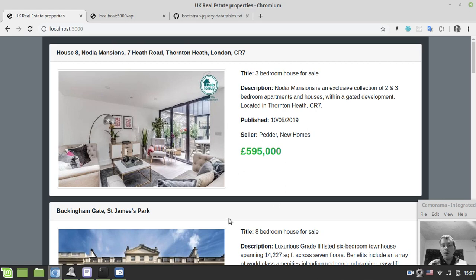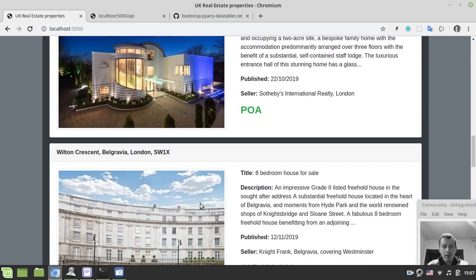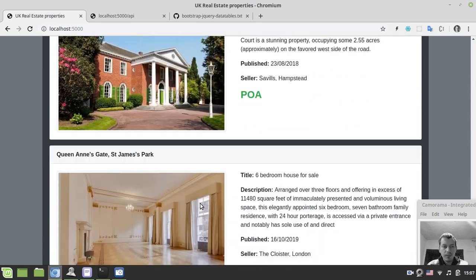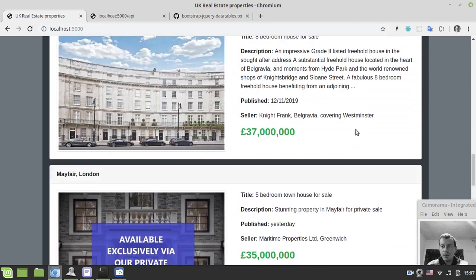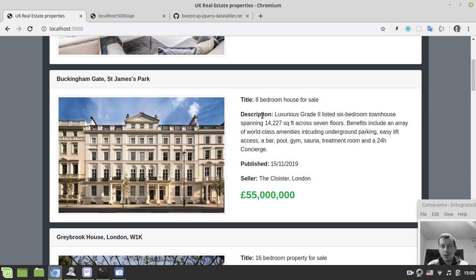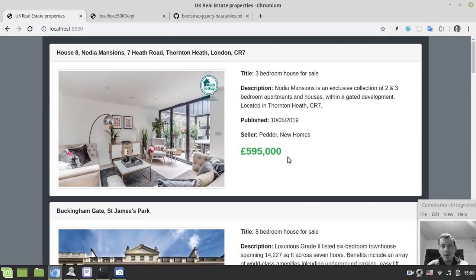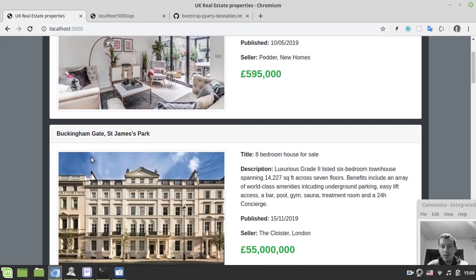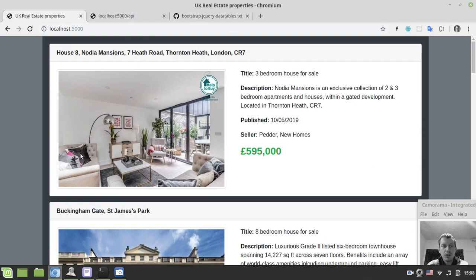Great. So this is what we got actually: the complete visual representation of the data. So we have the image, description, title, published date, seller, the price. Also, of course, the address for each one. Of course, this is pretty simple and minimalist, but still, I believe this is nice and cute, especially when